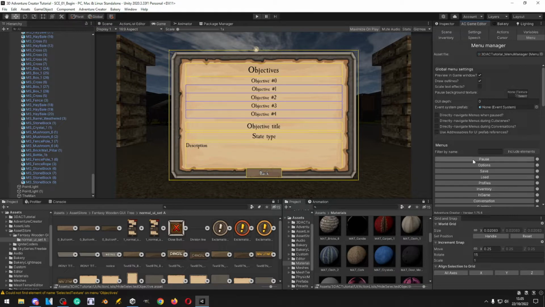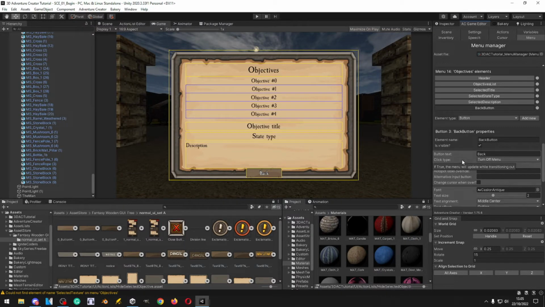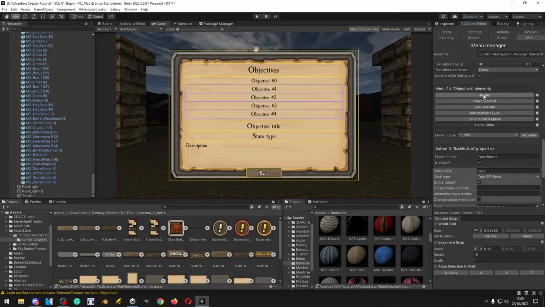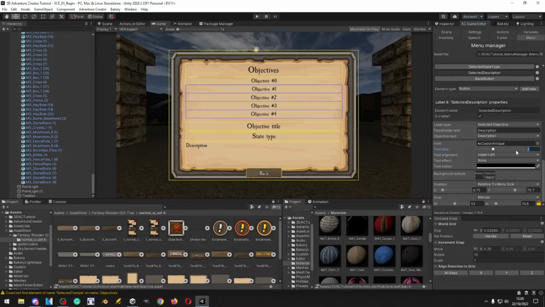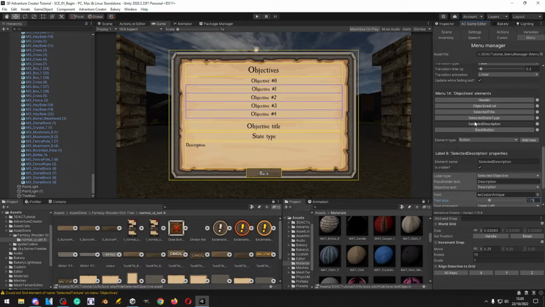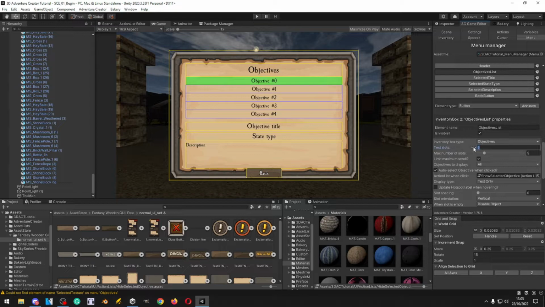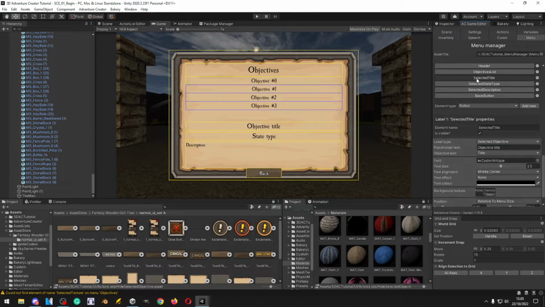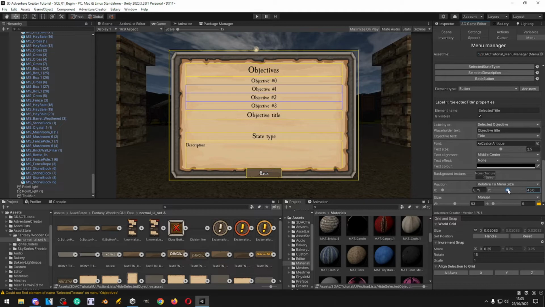So the description text size 1.75, and also I'd like to, let's just remove a couple slots, maybe 4 slots for this objective list is enough. And let's move the selected title 50, state type,